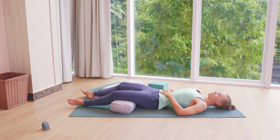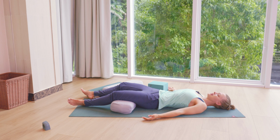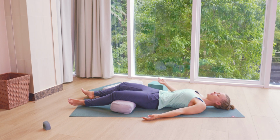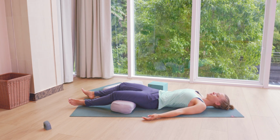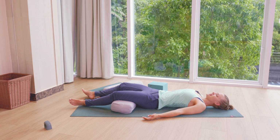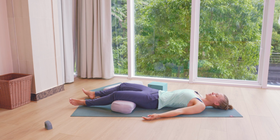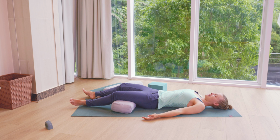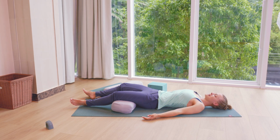You could bring hands onto your belly, or just let your hands and arms rest on the mat next to your sides. If you feel comfortable to close your eyes, you could let yourself turn your full awareness inwards, close your eyes, and begin to spend here a few minutes